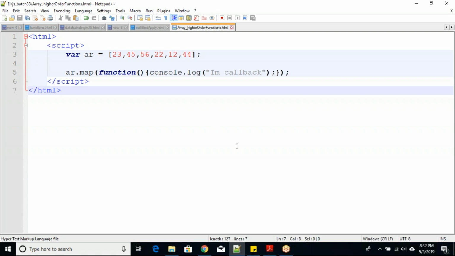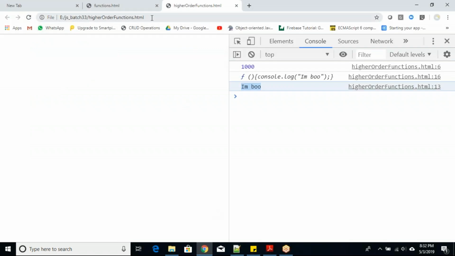"I am callback" will be printed for each value, that many times. Not 23 times, not 45 times. I have 6 values, so 6 times they will be printed.